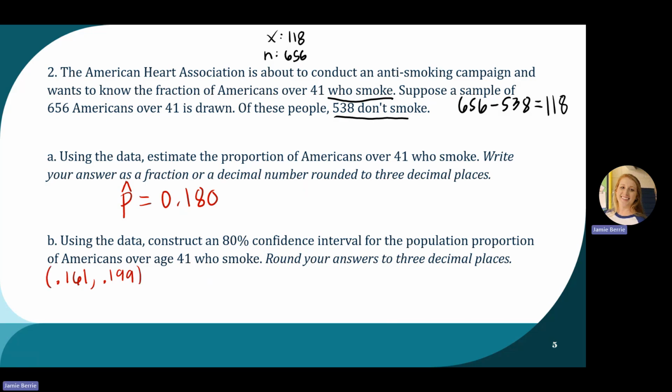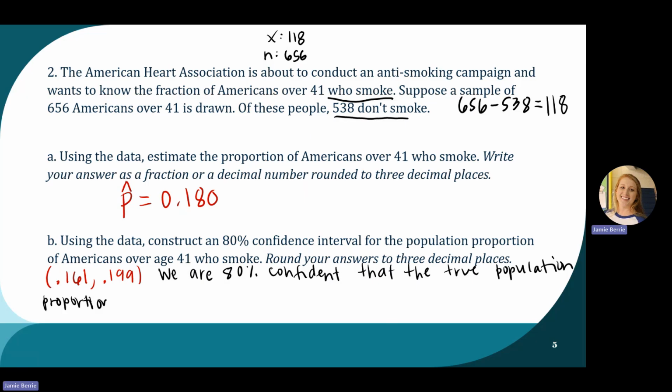All right, and if we were writing a sentence to interpret that, we would say something like, we are 80% confident that the true population proportion,